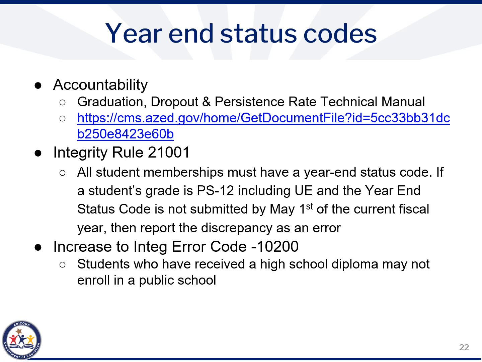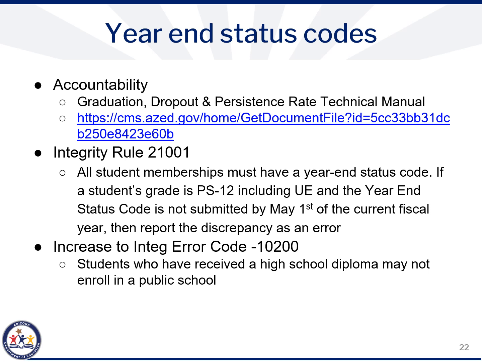For current year, you should have seen an uptick in Integrity Rule 21001. This rule is a reminder to submit the year-end status code that was activated as of May 1st for fiscal year 20. In previous years, we've seen an uptick in Integrity Code